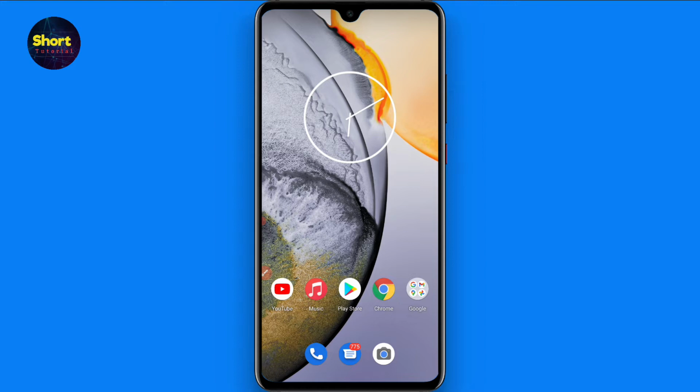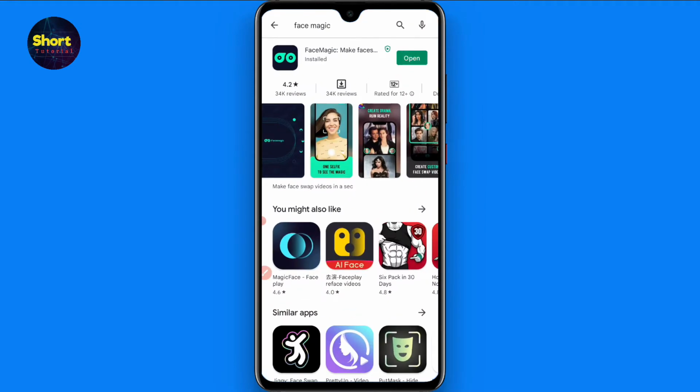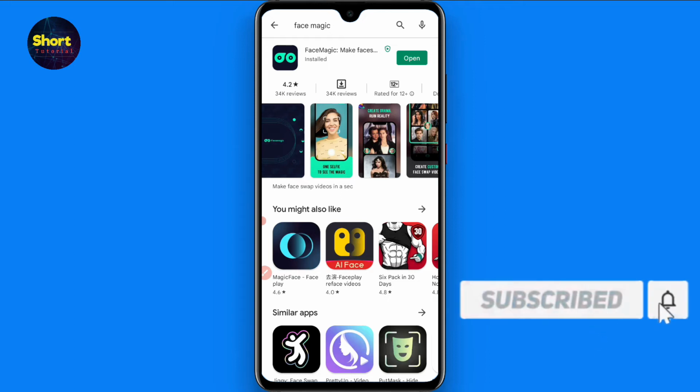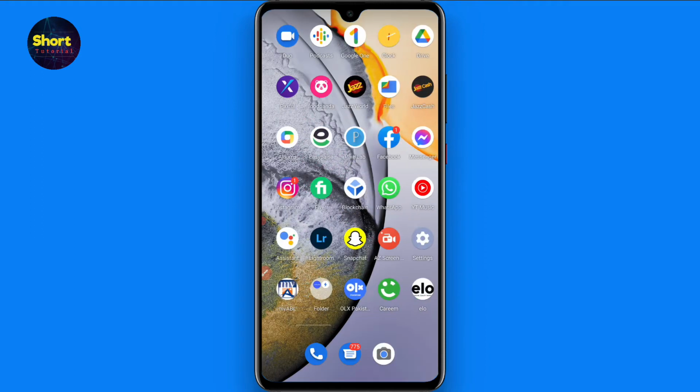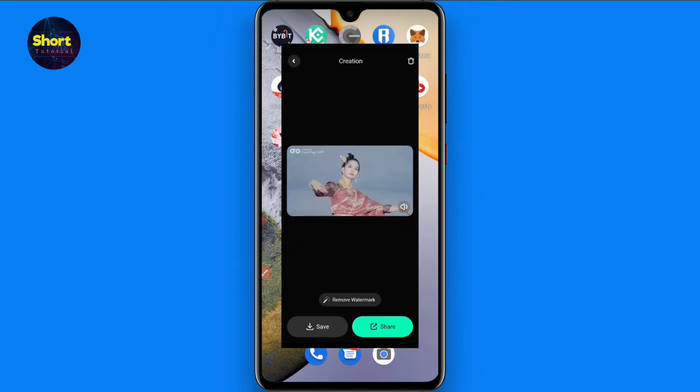So first of all, you have to open your Play Store. If you want to do this trend, you don't need the Faceplay application. Just download the Face Magic application. This application is free. I mean, you can create that video for free on it. So first of all, install it on your phone. Once you have done it, open it,